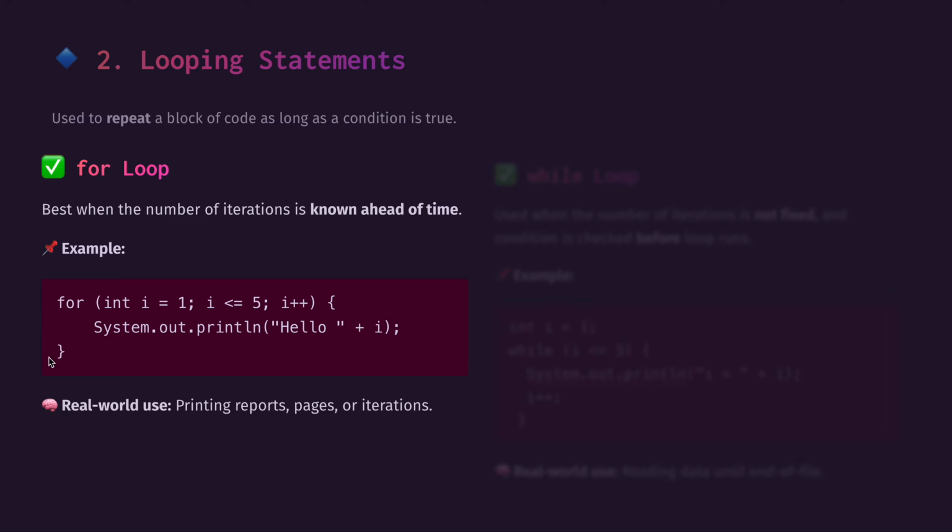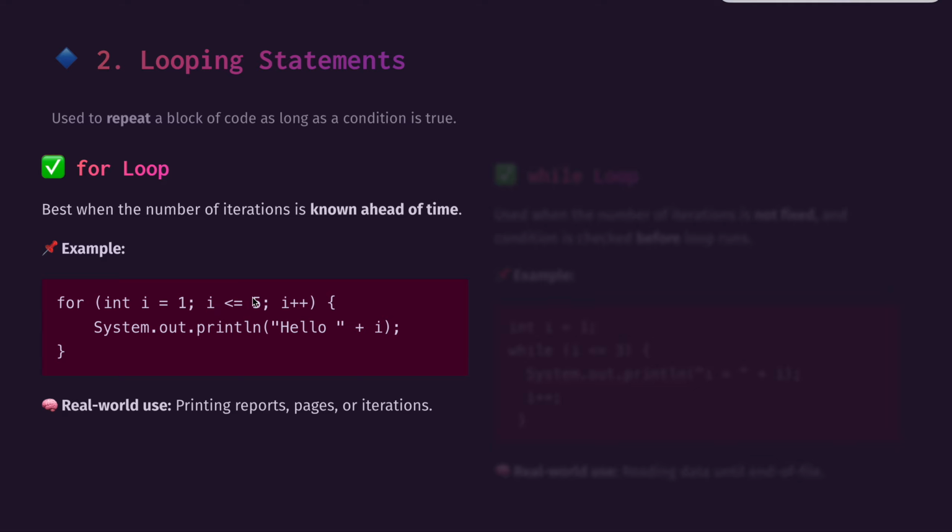That is, this block is repeated 5 times, from when I is equal to 1 to 5. I is equal to 1, it executes; I is equal to 2, it executes; I is equal to 3, it executes; I is equal to 4, it executes; I is equal to 5, it executes. Like that, 5 times it executes. That is, when the number of iterations is known, like if we want to execute 10 times, you keep the value I equal to 10. What happens is it first initializes the value to 1,